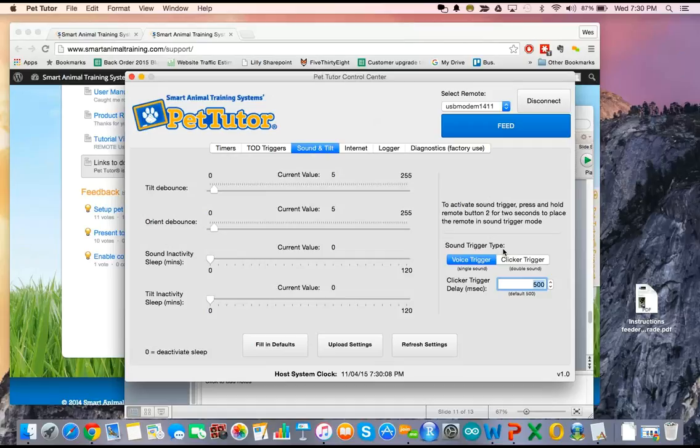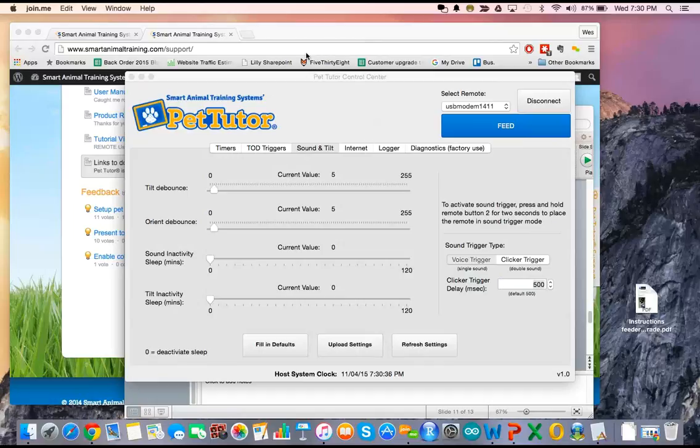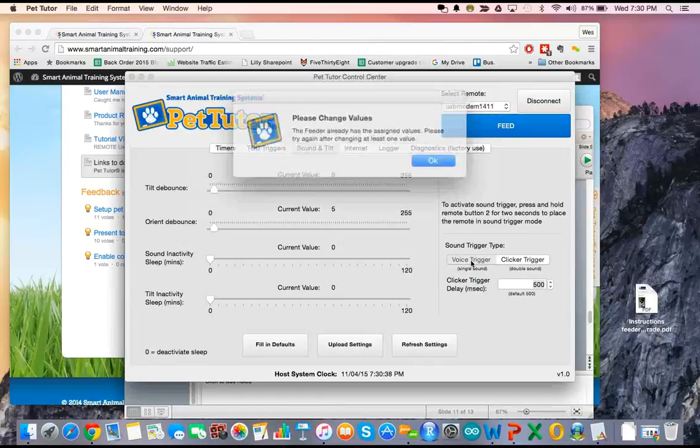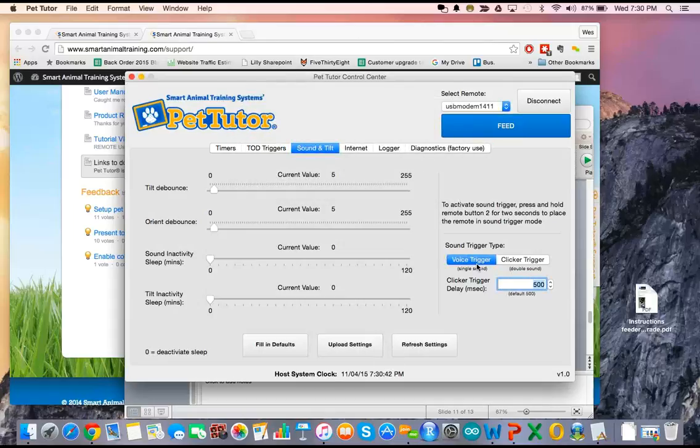I think on the last webinar, we talked about the two types of sound triggers. The microphone is built into the remote, and so it can either trigger the feeder, or when you're in the bark reduction mode or the bark silent mode, it will suspend the time dispense for a period of time. So that's how the sound sensor is used. And the voice trigger is for a single sound. So if I wanted to just trigger the feeder with my voice, I'd say yes, and it would trigger the feeder. That's just a single sound,